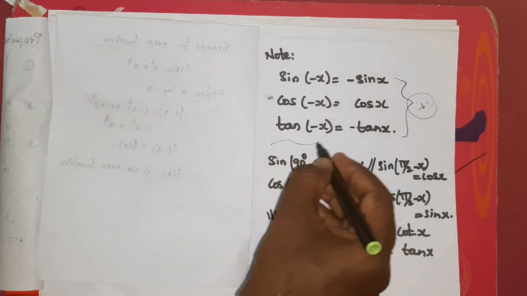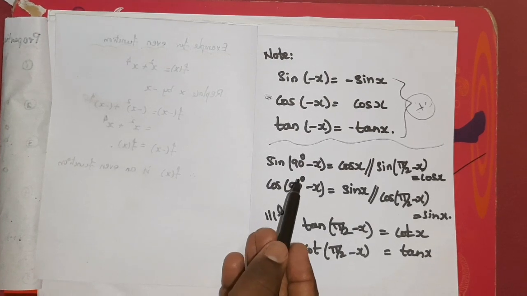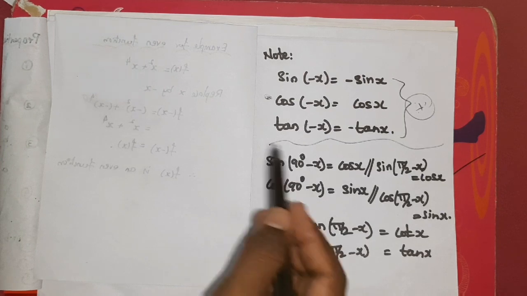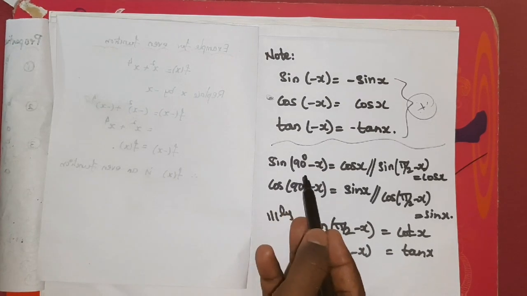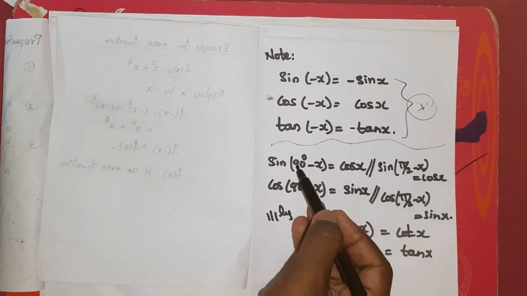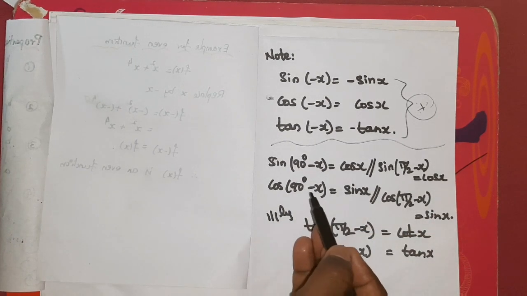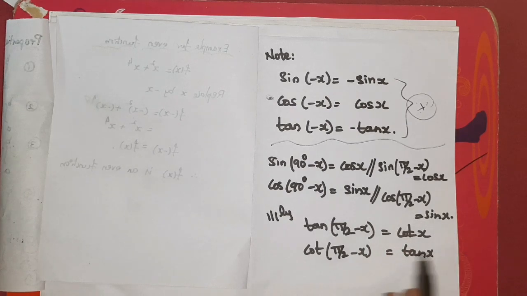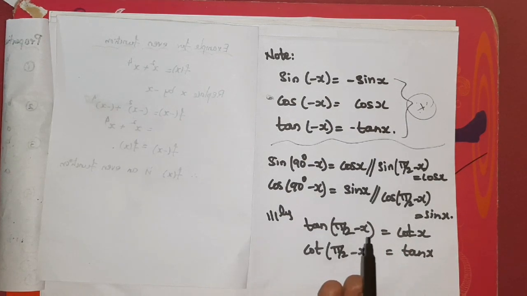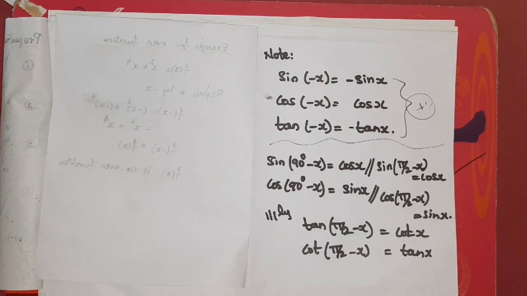And one more thing we need to learn, this property we have learned in 9th standard: sine of 90 degree minus theta is cos theta. The same property we are going to use for some problems in this exercise, so we need to recall it. So sine 90 degree minus x is cos x. The 90 degrees is nothing but pi by 2 in radian form. So sine of pi by 2 minus x is cos x. Like that, cos of 90 minus x is sin x. In radian form, cos of pi by 2 minus x is equal to sin x. Like that, for tan also you can write tan of pi by 2 minus x is cot x, cot of pi by 2 minus x is tan x, and secant and cosecant also you can write, but we are not using those things here, so I didn't write.